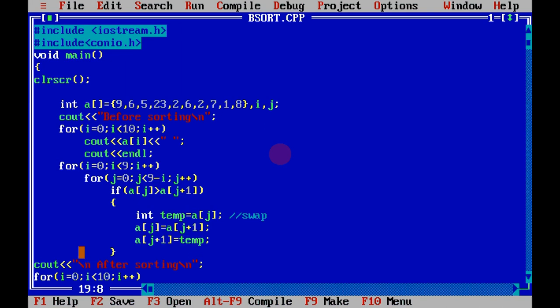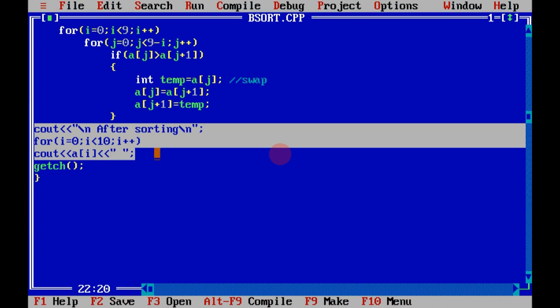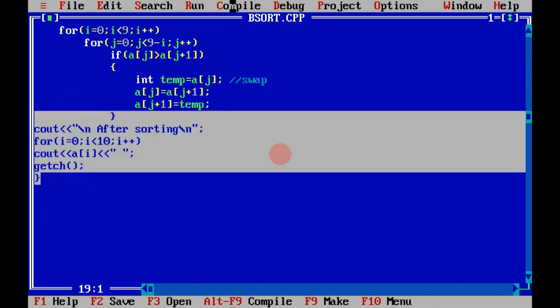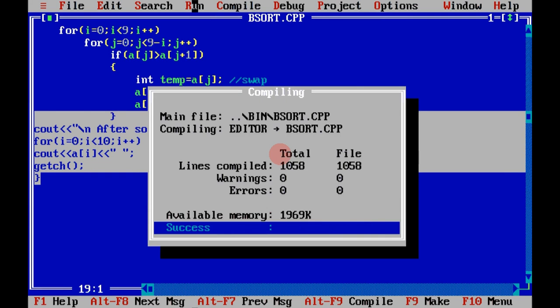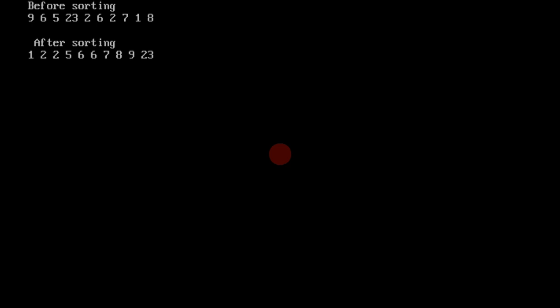And after that, this is again the traversing statement, the for loop and this cout statement, and getch means get character. Now let's compile this and run this. Before sorting, we want to traverse the values. If we didn't traverse, then in the memory the values will be adjusted accordingly, but it will not show to you on this console screen.